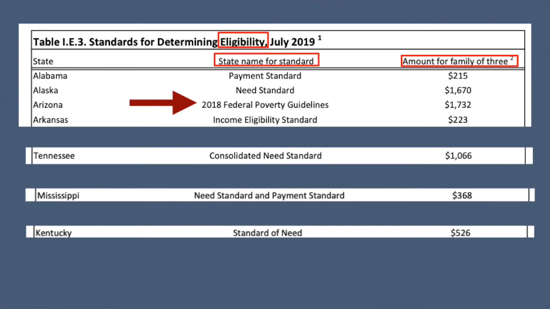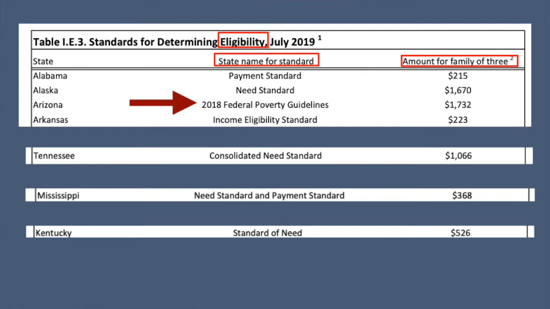Now, within a lot of the reports out there, from different groups that analyze TANF, one of the things you'll notice here, and this comes from that particular data book we were talking about that's done every year, and this is the one from July 2019, I just chose a few states here to show you the standards for determining eligibility. The standard here means there's some sort of number or standard that's used to determine how much a family needs to get by. In other words, what's required for them to live.